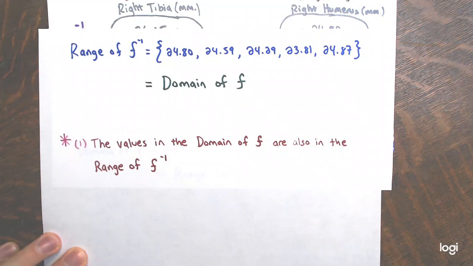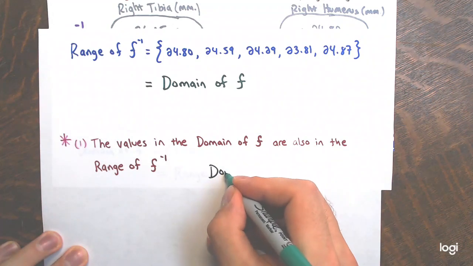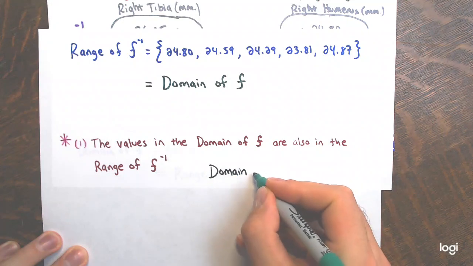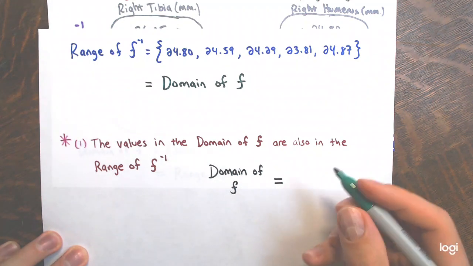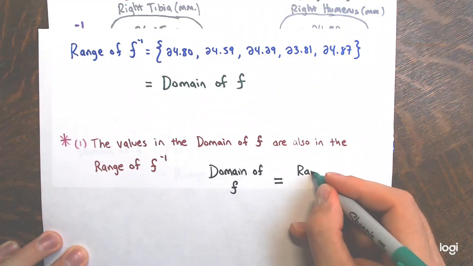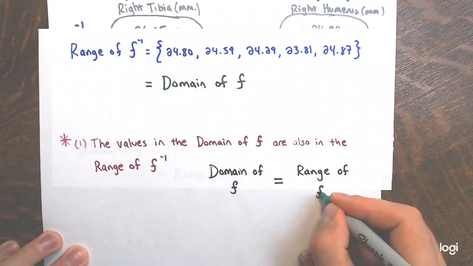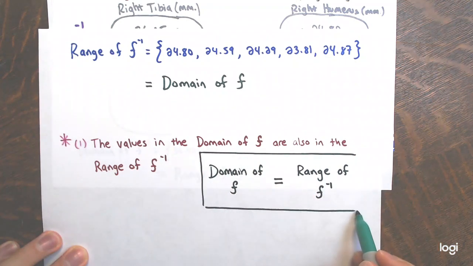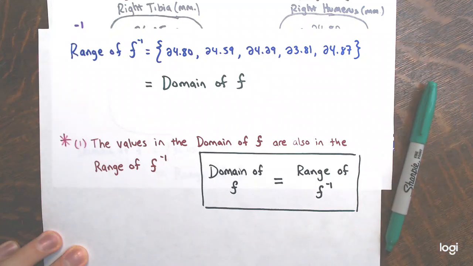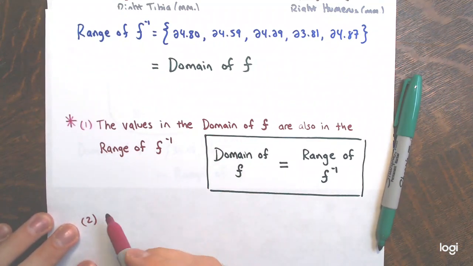So in other words, put this in a box. The domain of f will be equal to, have the same values as, the range of the inverse. And vice versa. The values in the range of f